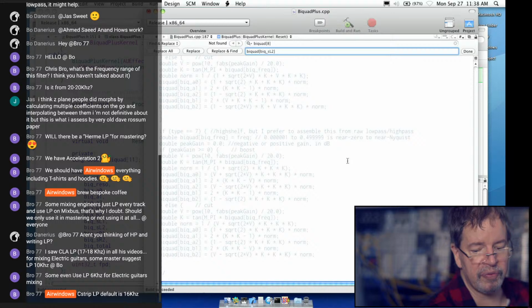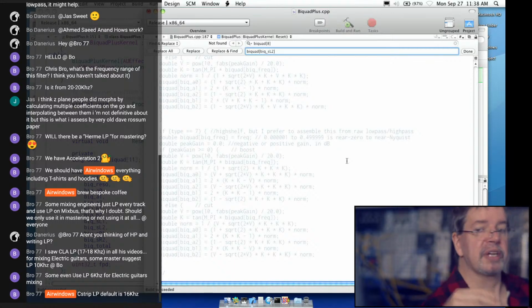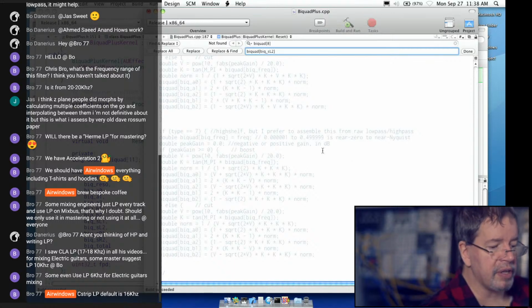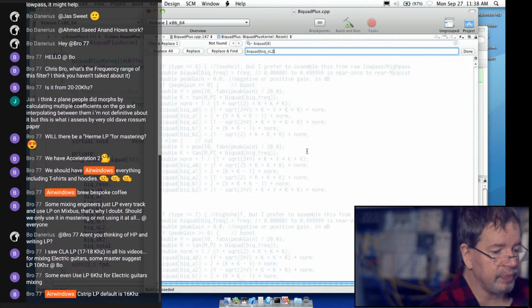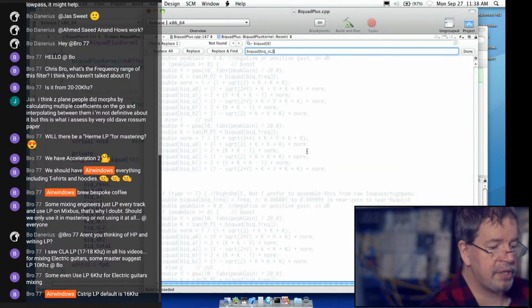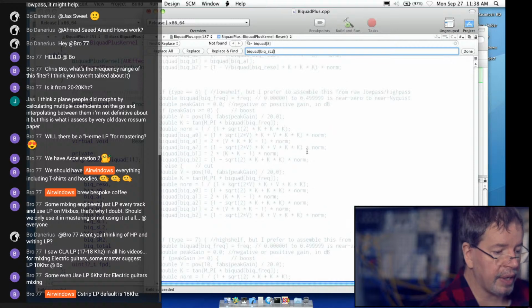So it would be as if it never ran through a filter at all. That's why I try to do it with the multiple cascading filters rather than this shelf stuff. But it's here in the notes. It's here in the code, in case anybody wants it.